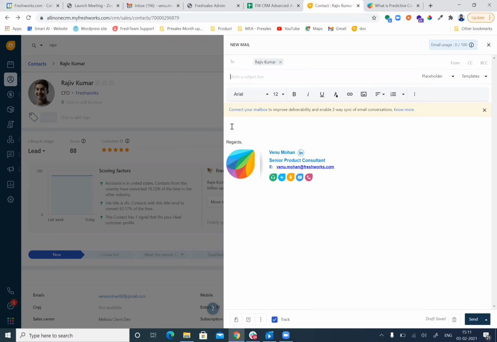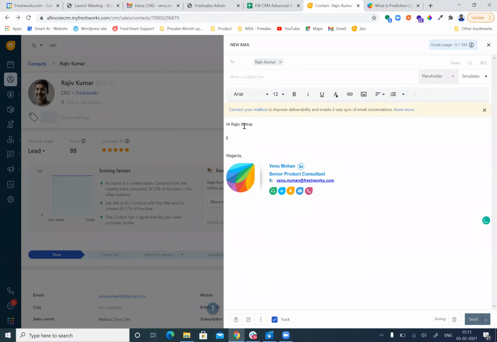Okay. And also, in order to write emails in a personalized way, you can use the placeholder to write an email to the customer easily. This name will get fetched directly from the CRM. For example, I am the sales owner of your deal, so I can take the sales owner name from the particular placeholder.